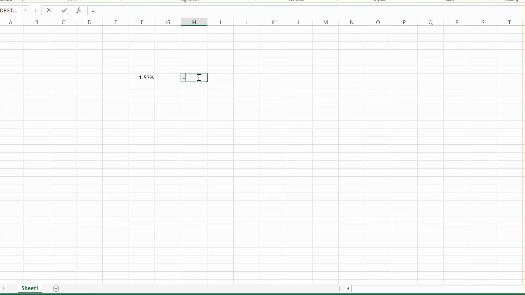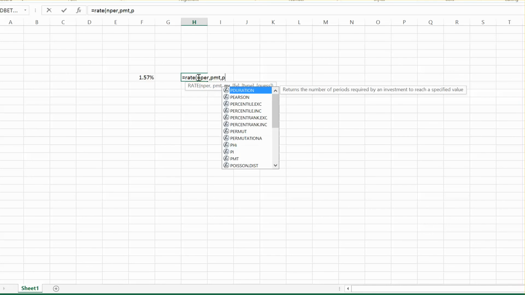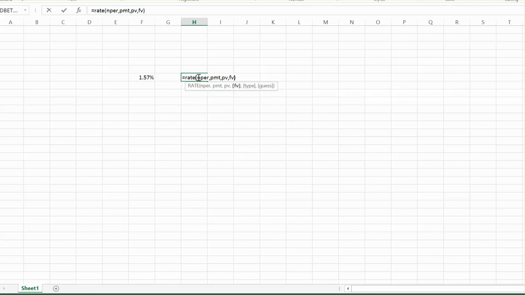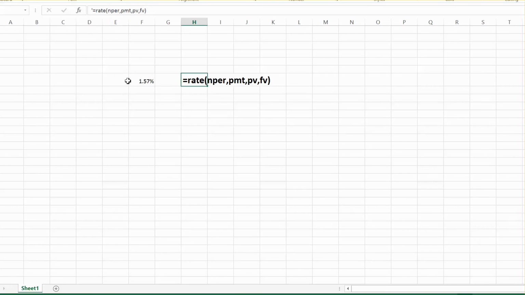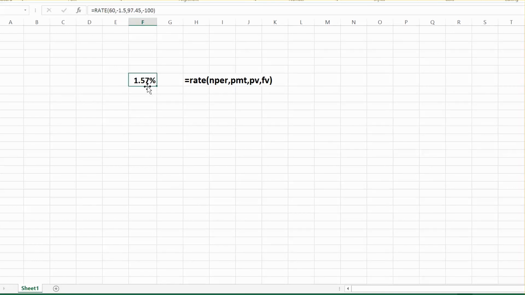So this again was rate, which is N per, and then payment, then we had present value, we had future value. Okay, so these are the things that were input into this function here. So that's 1.57. Now 1.57 is the yield or the rate, but again remember, because we used 60 time periods